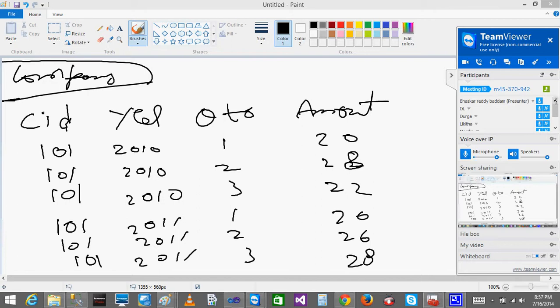Company ID? But it is repeated, right? A primary key means it will have only one value, you can't do it here. Quarter and amount? Quarter, why would you bring the amount? You can't use the amount in the primary key. Only quarter you can bring. Quarter means 1, 2, 3, and again you are getting 1, 2, 3. It will not allow it.